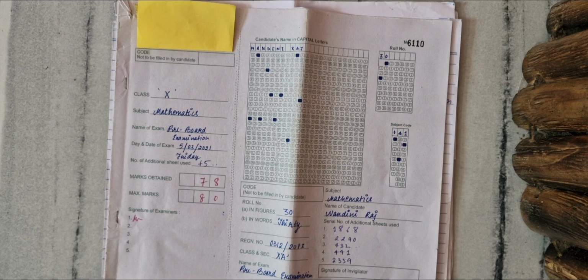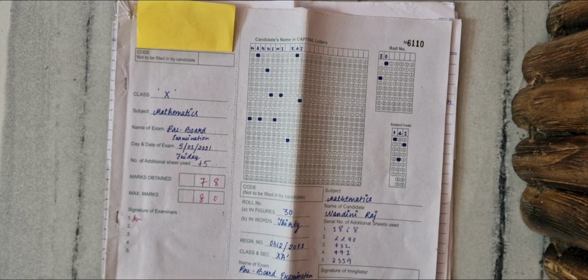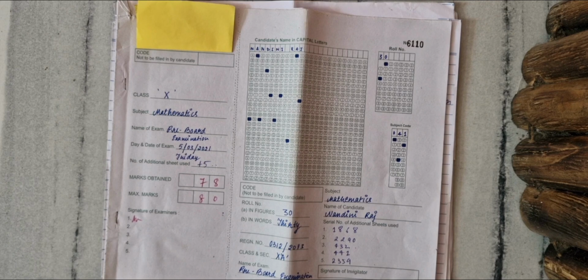We all know that standard 10th is the first milestone of our lives, and the first board examination is hyped like anything, that okay, you have got your boards and everything. So it is one of the milestones which we have to achieve in our lives as the first step. So I just thought, why not share my strategy of how I scored 96.6% in my class